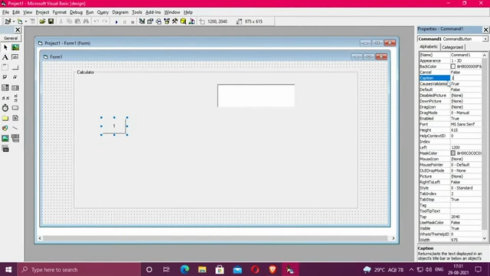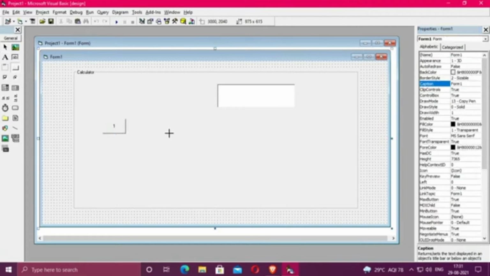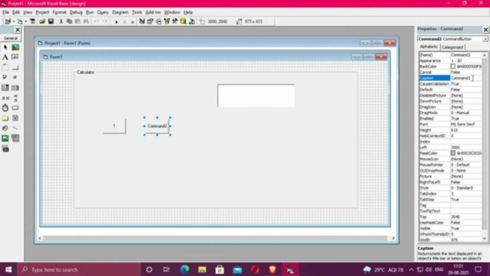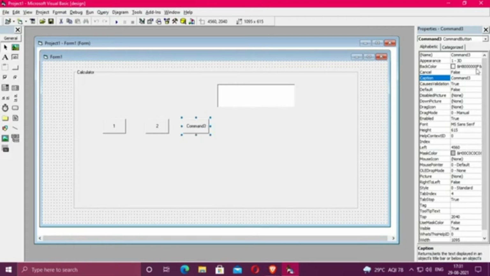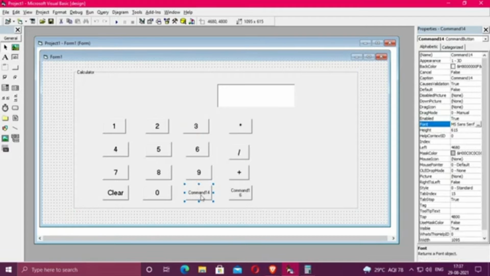So now I will make the boxes for the command buttons. Instead of Command, I'll put 1 2 3 4 5. In this way, whatever command buttons we want, we will place them, like 1 2 3 4, minus signs and everything. So now we will place all the buttons. Now you can see that I have added almost every button. I have skipped the steps so that it won't take much time.